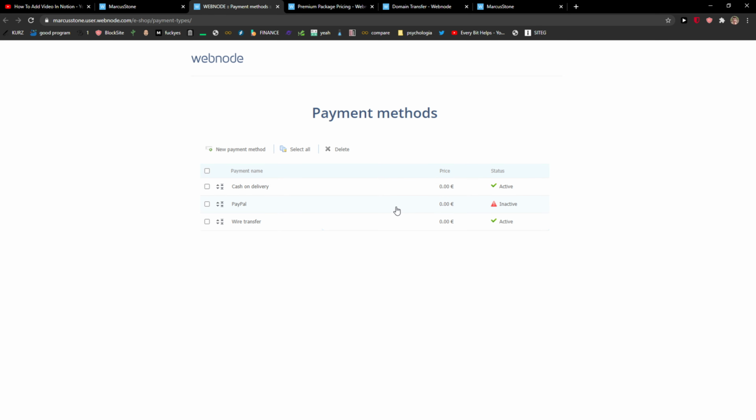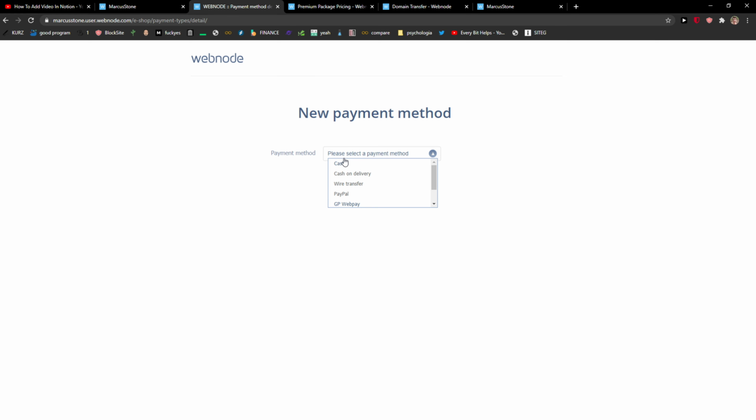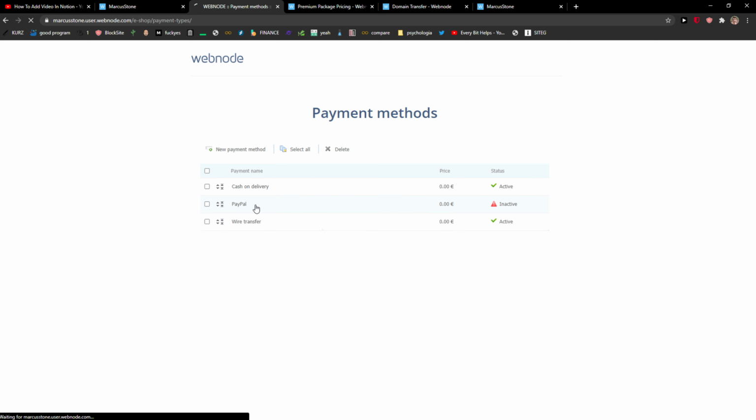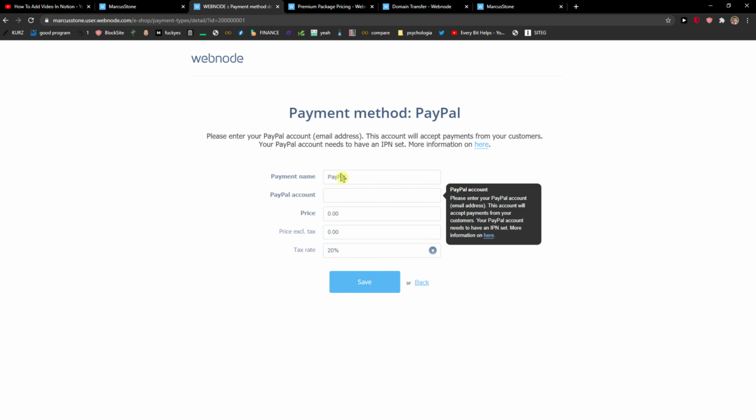Right here you have PayPal, wire transfer, or you can also add a new payment method. And you can choose wire transfer, cash, or credit card, Stripe. It really is up to you. Or choose PayPal. And now PayPal name,